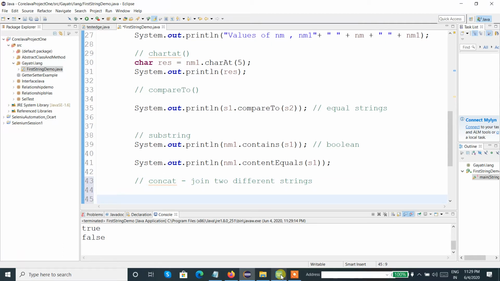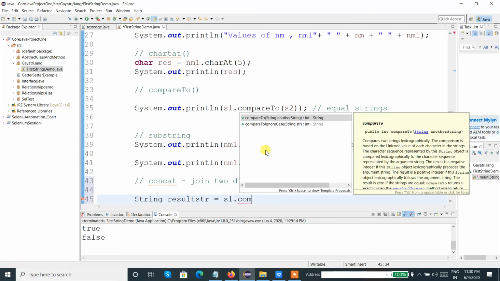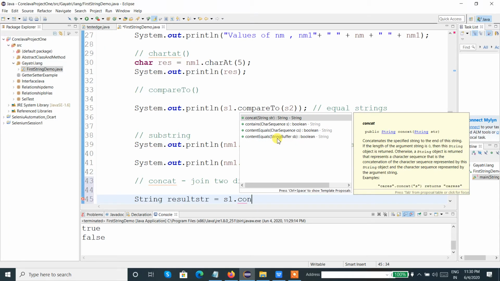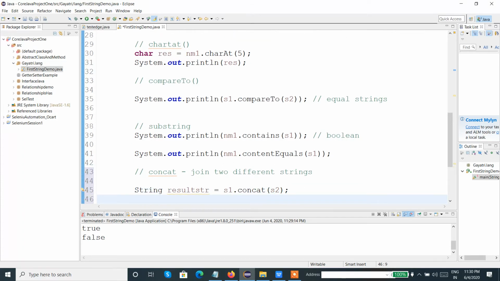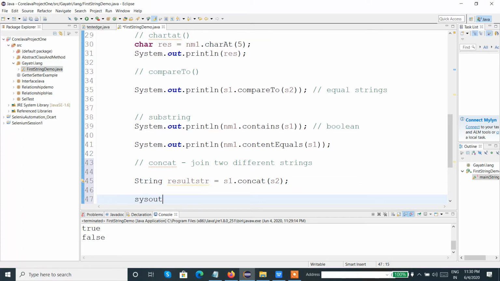How exactly can we execute it? String resultStr equal to s1.concat(s2), with both strings s1 and s2, and then we print the resultant string, resultStr.